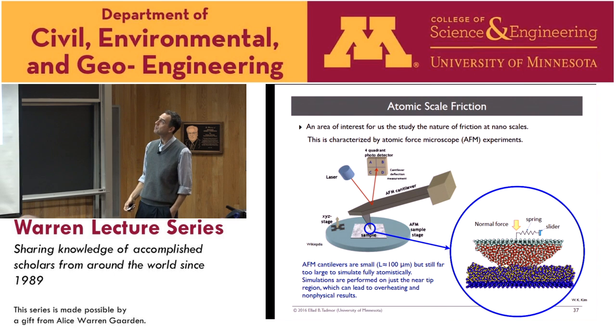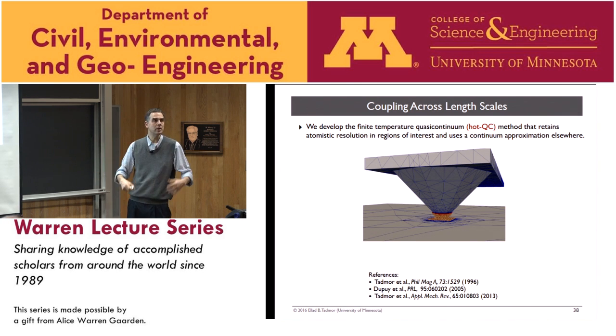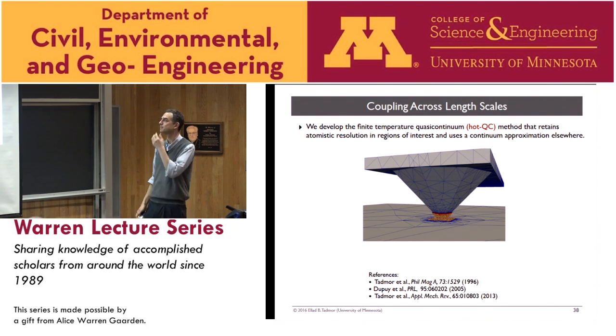And so for that purpose, we work on a method called the quasi-continuum method. It says, okay, I want atomic scale resolution here near the tip, but I don't need it anywhere else. But I want that model in there somehow. I'd like to model it. So what you do is you use a continuum model of most of the AFM tip and most of the AFM beam and most of the substrate, but you make an atomistic region right near the contact area where the interesting physics is happening.